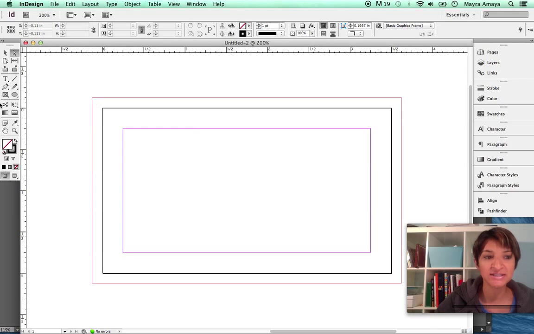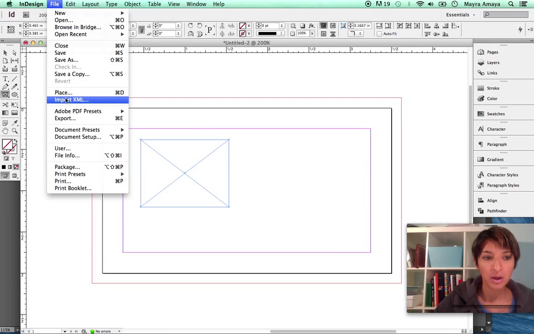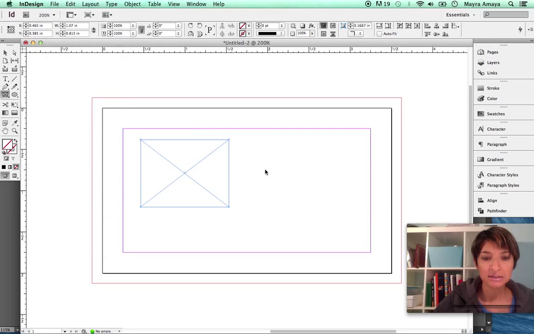We don't want margins. Okay, so the first thing I want to do is bring my logo in. There are two ways to bring your logo in. There's this little rectangular frame tool, which if you click and drag, you create a square, and then you go to File and Place,